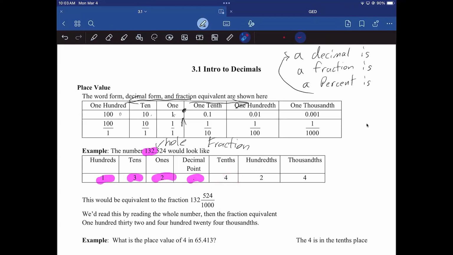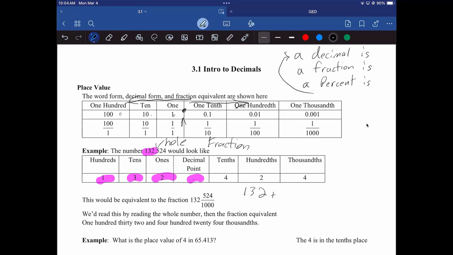You can think of it a lot like dimes if you're thinking of American monetary units. Hundredths as pennies. But then we get thousandths. That's kind of different. And so what we would do is we would write this out as 132 whole plus,